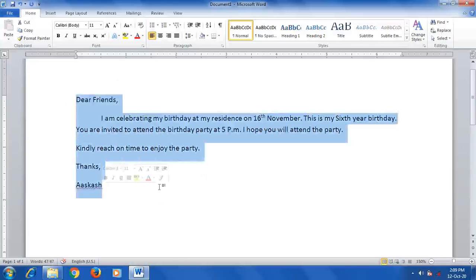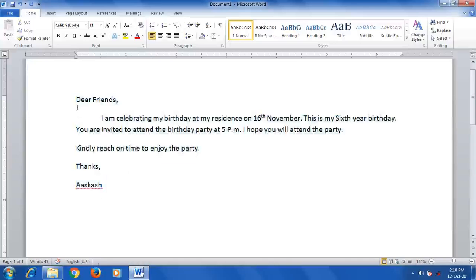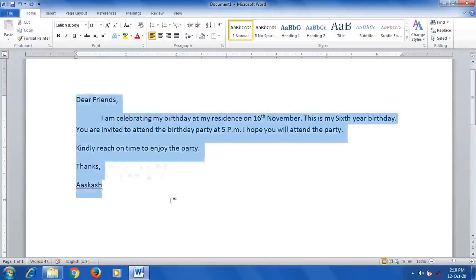How to select the text: there is already one video in this playlist that you can watch, explaining how to select a single word, one sentence, or a block of text. Everything is explained in my previous video, so please watch that video to learn selecting. For selecting, just hold the left mouse button and drag down, and the text will be selected. After selecting, just click on the cut option in the Home tab.